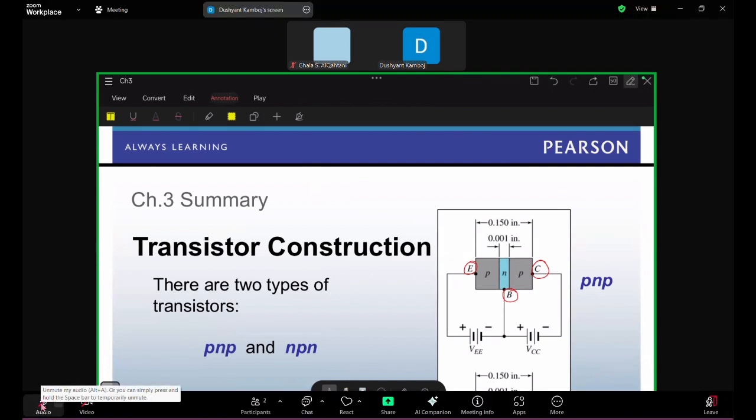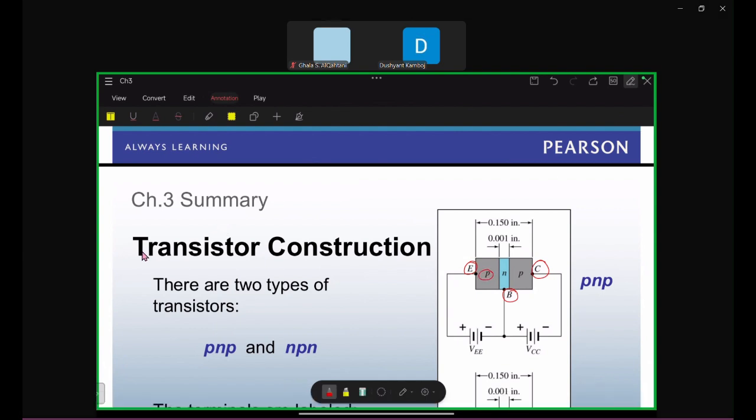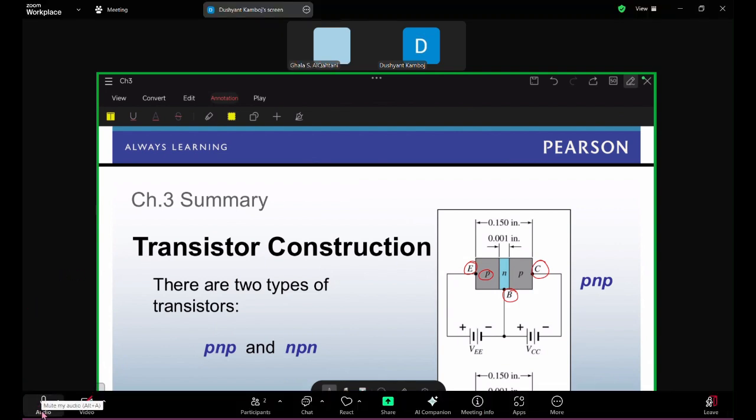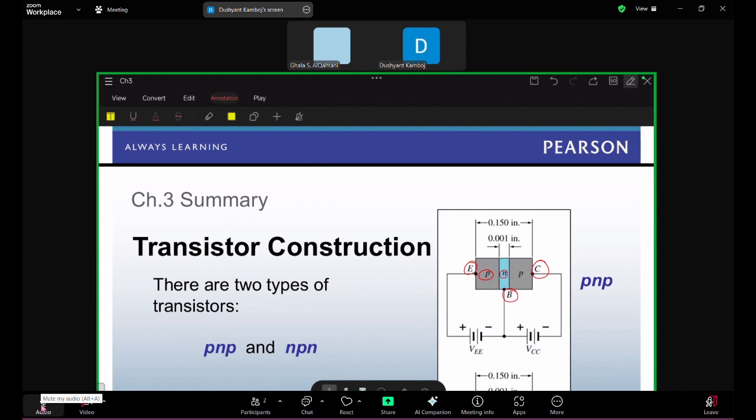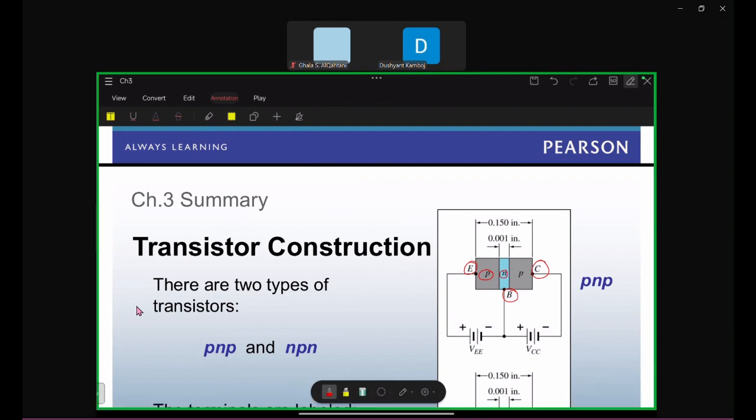Do you know there are two types of carriers inside the semiconductor, that is majority charge carriers and minority carriers? So this is a p type semiconductor. Inside the p type semiconductor, what are the majority charge carriers? Holes. And inside the n type semiconductor, that will be electrons, negative, right? So basically what is happening inside the transistor, the holes which are coming from this emitter,